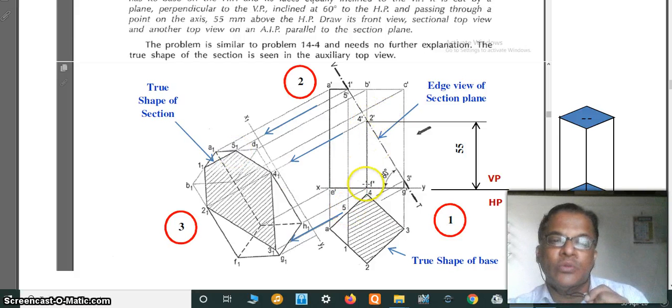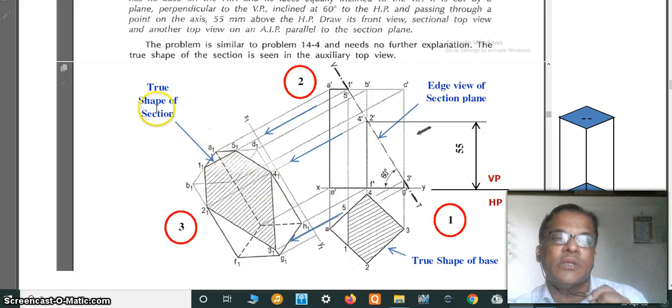For the point number 2, the distance is more, which is seen here. So from the 2, this is the projector. So transfer the distance from this point to 1 is equal to this point to 2 here. Distance for the 4 point is very small here from the reference line. So this small distance is transferred from here to here. So you can get 4 1 point. And then finally point number 3, the distance of point number 3, this distance we can transfer here from this point to this point. You can get the point 3 1. So 1 1, 2 1, 3 1, 4 1, 5 1.